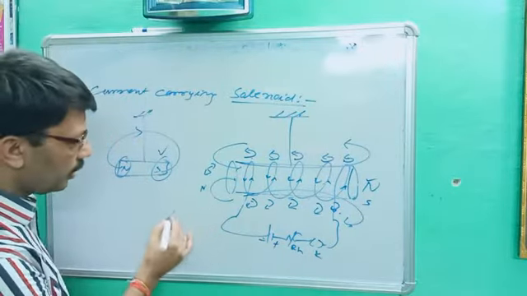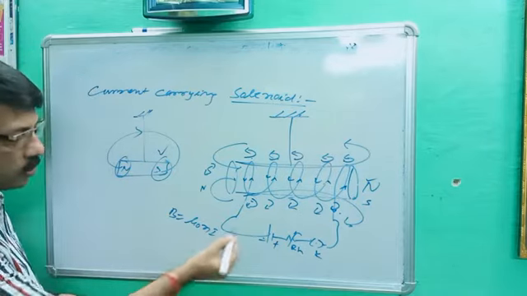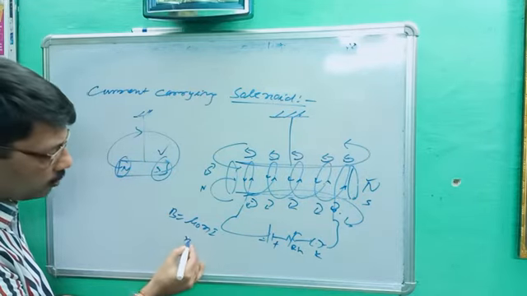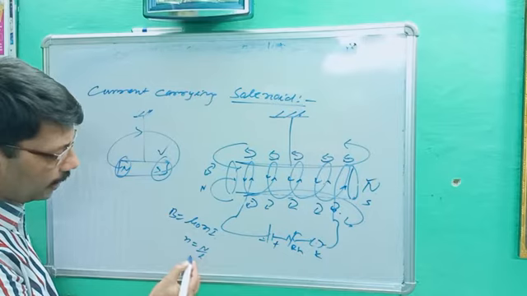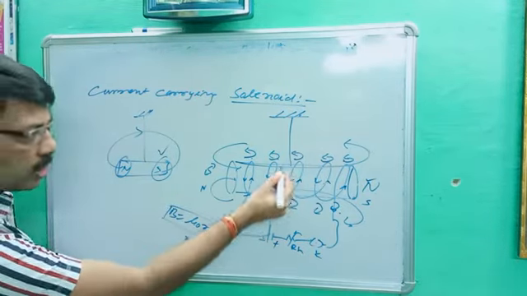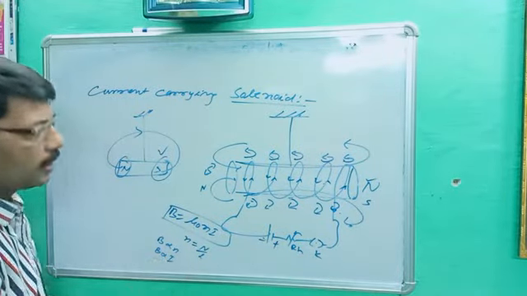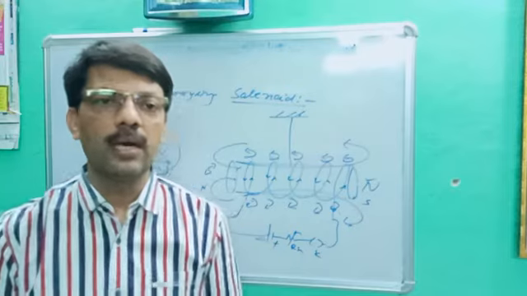And the formula for this: B is equal to mu naught n i. This is the formula of the solenoid. B is equal to mu naught n i, where small n is equal to capital N upon L, the number of turns per unit length. It means if you want to increase the strength of the solenoid, B is proportional to n and B is proportional to I. So this is all about your current carrying solenoid.